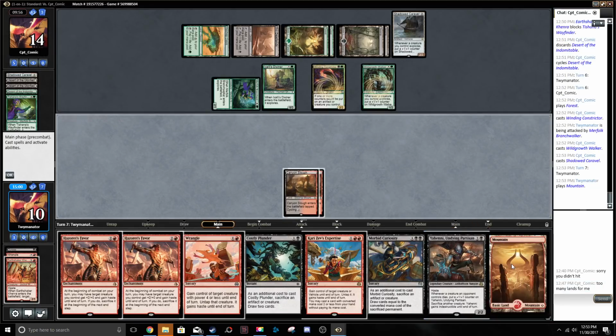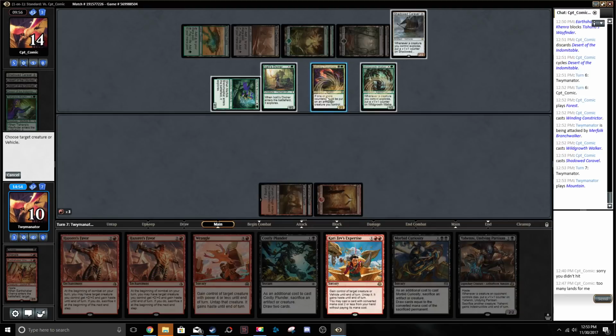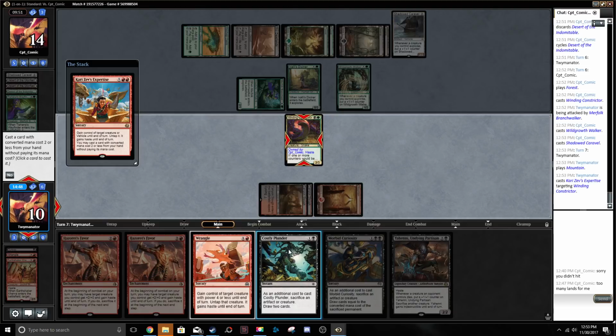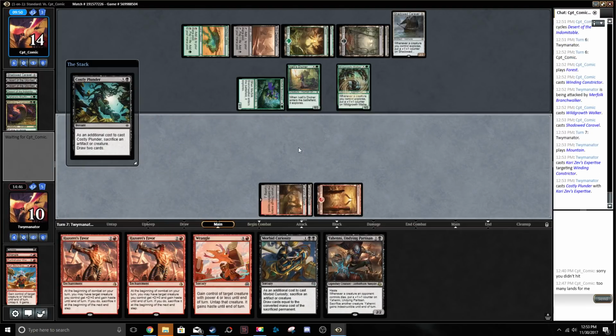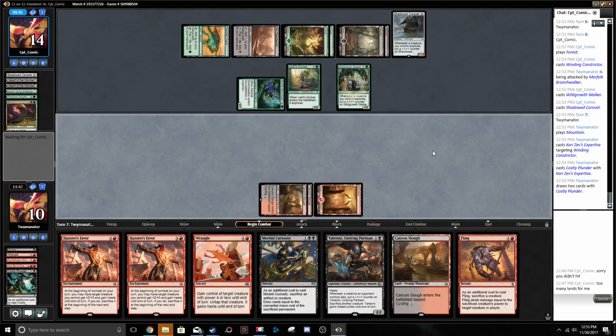Okay, there we go. We should be back in the game now. Carry Zevs this. Right? That's the right play? Yeah. I think Winding Constrictor's just too good. Okay, then we play Costly Plunder. Draw some cards. Okay. We're still in just a little bit of trouble, but I think